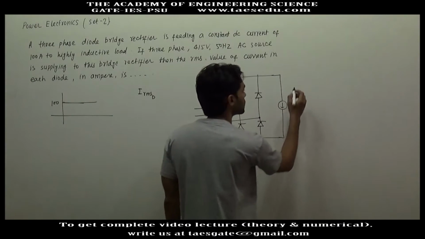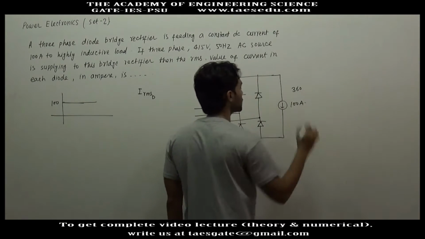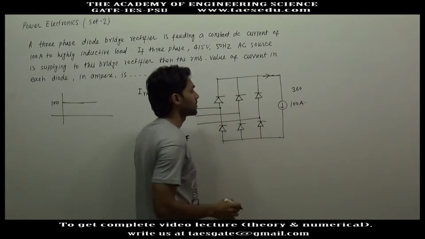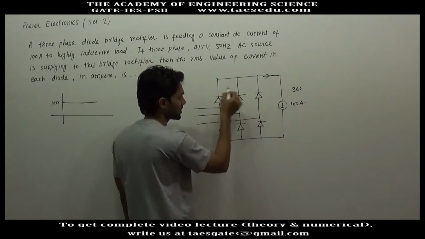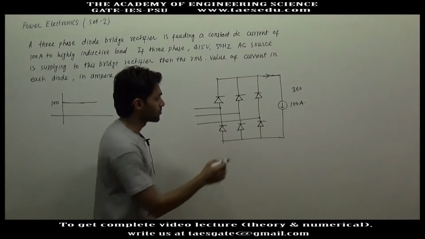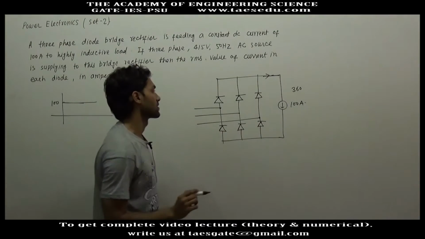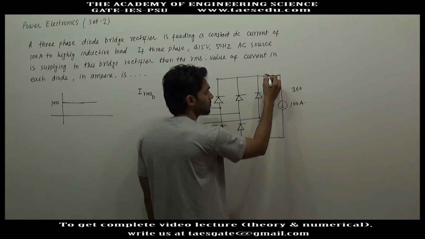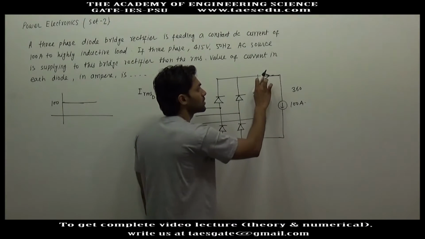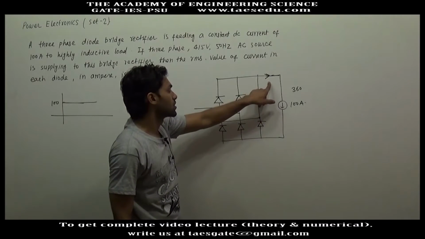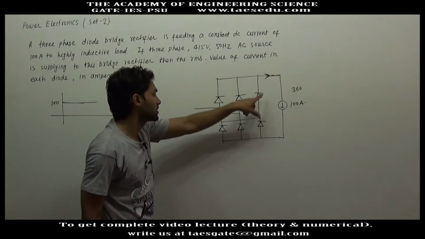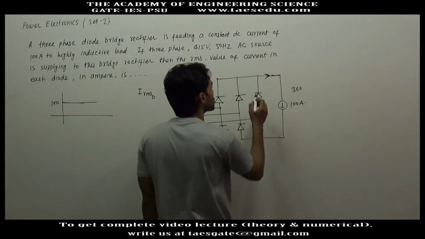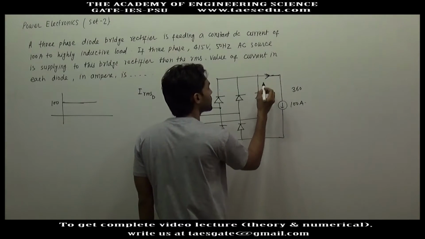So current is continuous here for 360 degrees, and if current is flowing, one diode from the positive leg and one diode from the negative leg must conduct. If current is flowing here, it will flow in this direction, so this current must be supported by one of these three thyristors or diodes. So one of these three diodes will conduct,